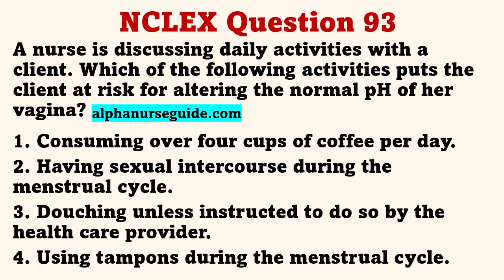The correct answer is 3. Douching unless instructed to do so by the healthcare provider. Douching may disrupt the normal flora of the vaginal lactobacilli and change the pH, which could result in overgrowth of other bacteria. Coffee, intercourse during menses, and tampons are not related to changes in vaginal pH or the incidence of